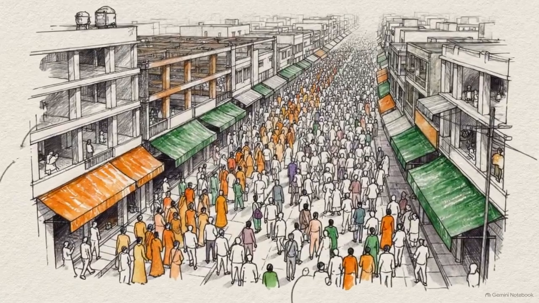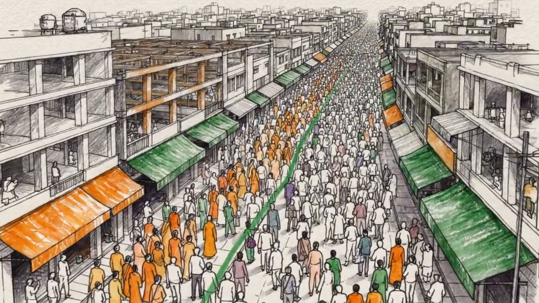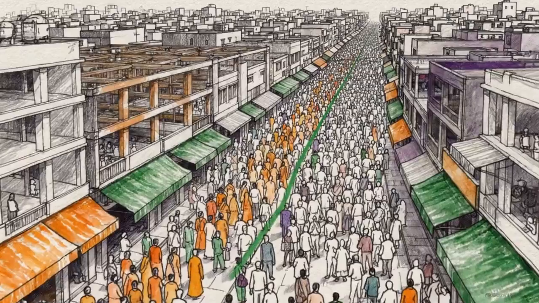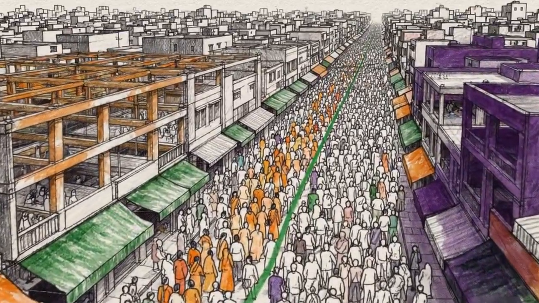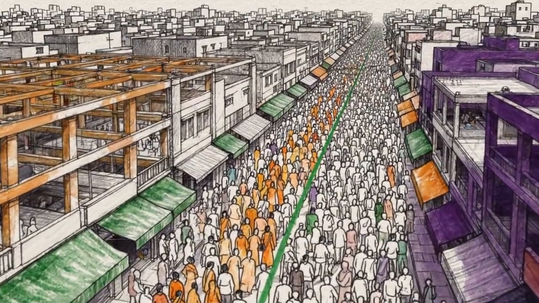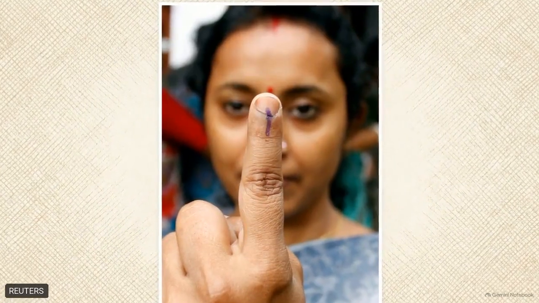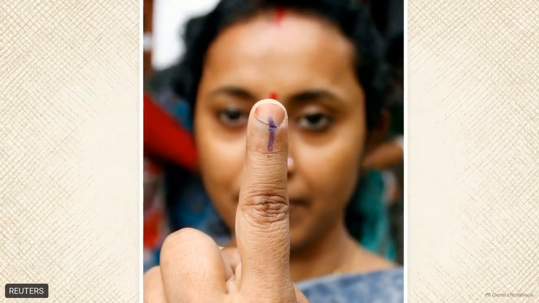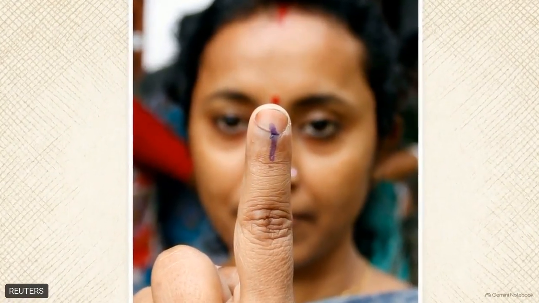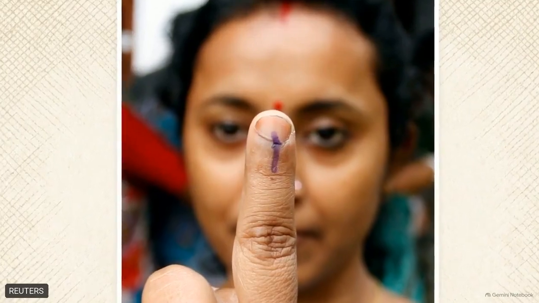An election with 968 million eligible voters presents a severe logistical anomaly. Coordinating a population this size requires managing staggering physical and digital variables. Despite the massive demographic footprint, this nationwide operation ultimately distills down to a single localized action, a mark of indelible ink on a voter's finger.